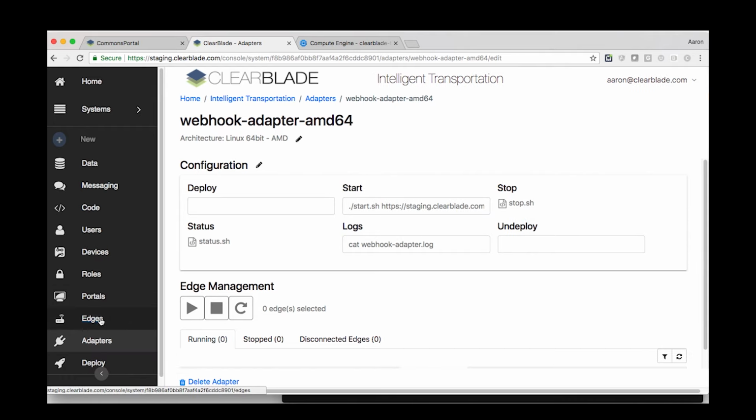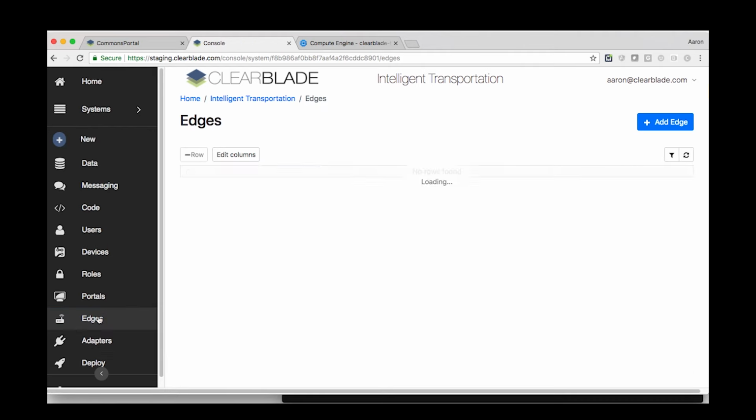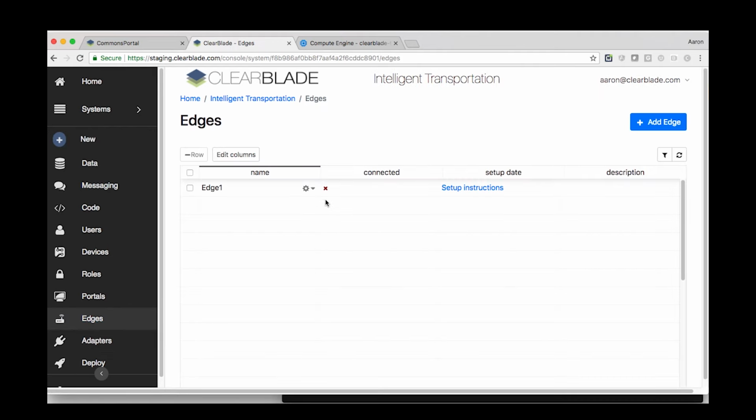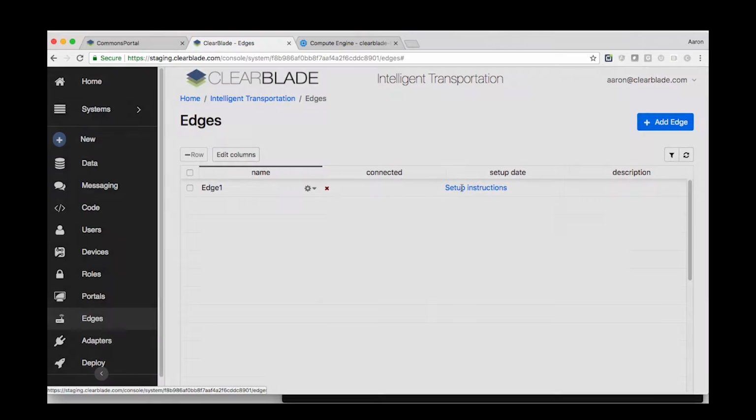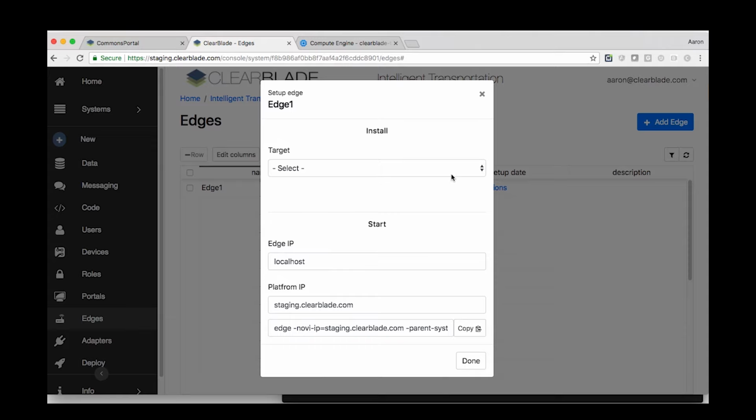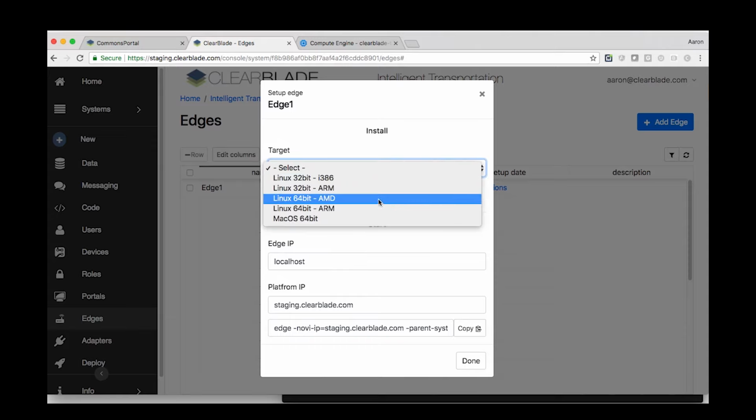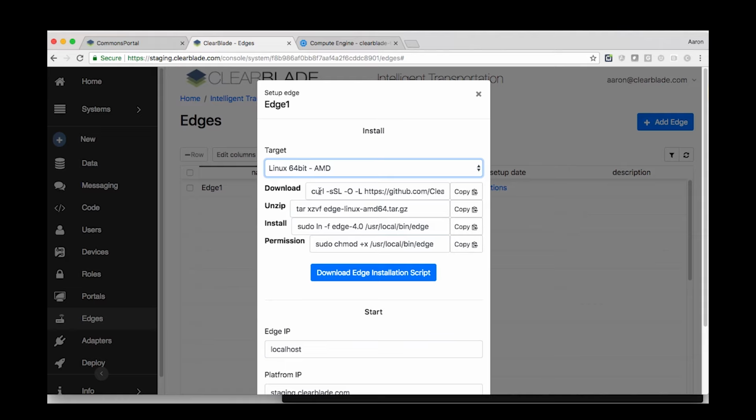So the last phase is we need to actually deploy our edge. Okay, so let's click on our edge page, and we see we have several setup connection instructions, but we also notice the edge one is not connected. I'll click the setup instructions, and we'll select a generic cloud 64-bit architecture. We have 4 commands we're going to need to run to do the full download and install and set up